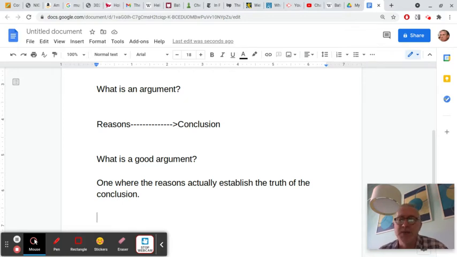In deductive logic, we have something called a syllogism, which is something with a premise, a major premise, a minor premise, and a conclusion. And the most famous one is